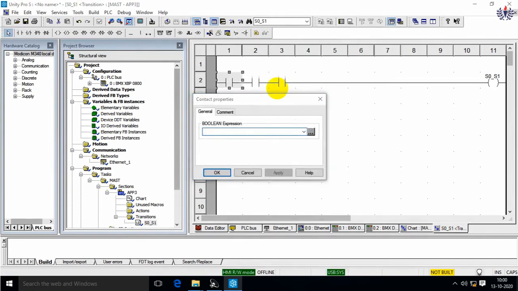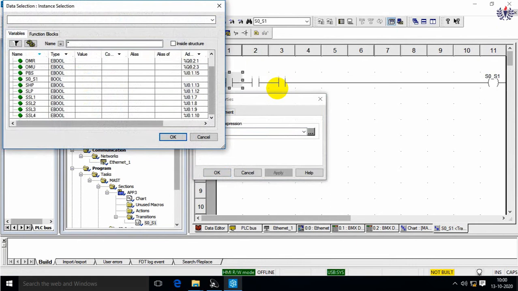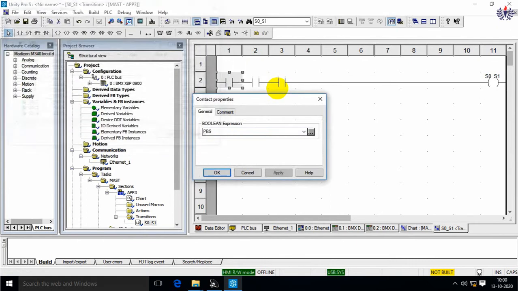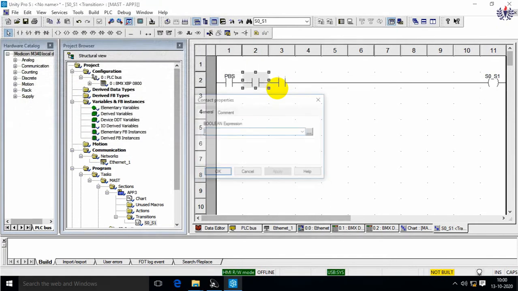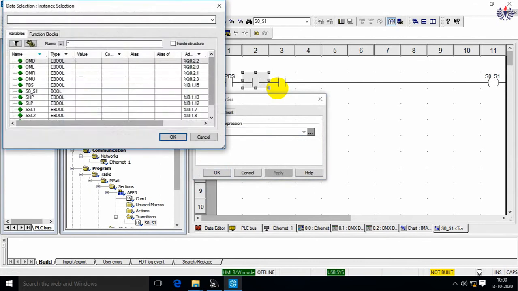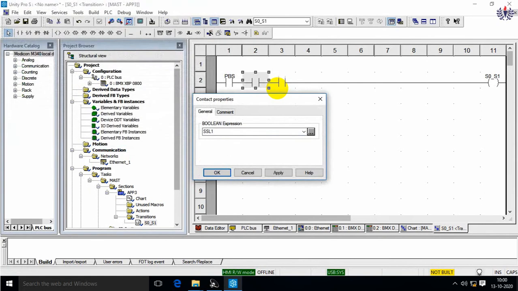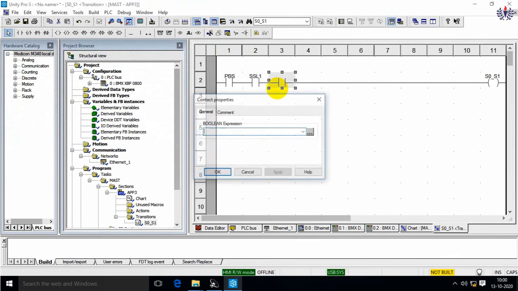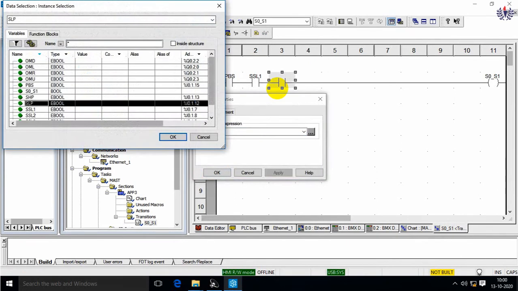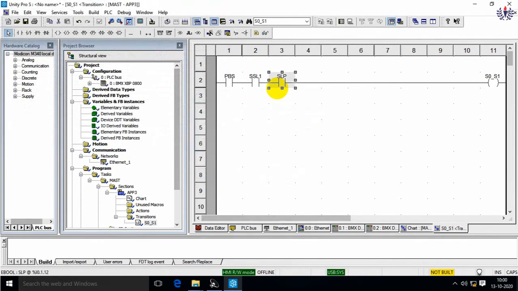So here I'm going to give the input address. First one is push button has to be pressed. So PBS, it's activated. Then it should be in the slot 1. That also I'll get activated, SSL1, I'll make sure. Okay. Then third will be, it should be in the low position, SLP. So if these 3 conditions are satisfied, I can move from step 0 to step 1.